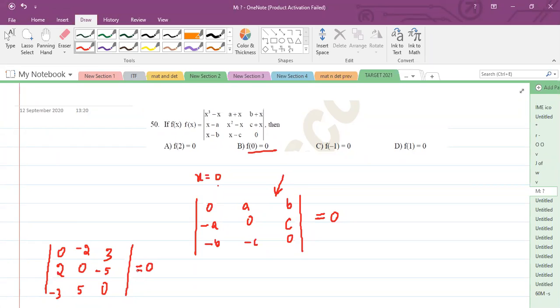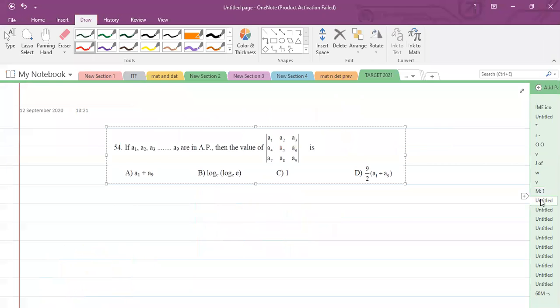Okay, determinants have many shortcuts. We have many shortcuts like this. The skew symmetric determinant of an odd order is 0. Therefore, here f of 0 is 0, because by substituting x is equal to 0, we got the value of the determinant as 0. X is equal to 0 means f of 0 is 0. Next problem.